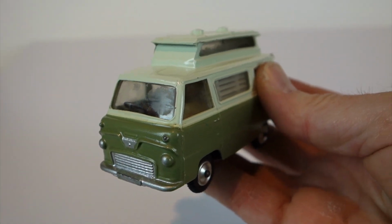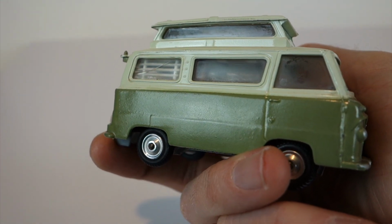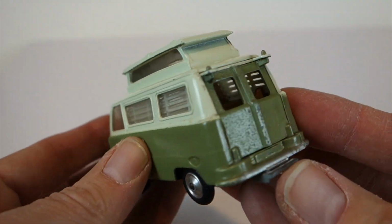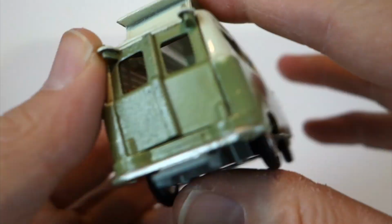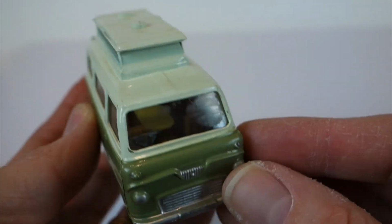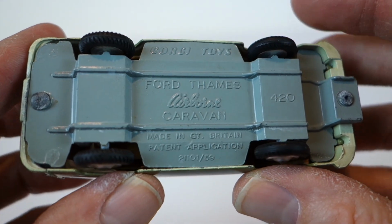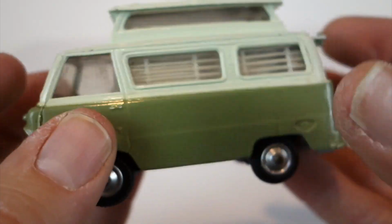this is the Ford Thames Airborne Caravan. I got this off of eBay just this year in February. It's in excellent condition. There's very few scrapes on there. The doors open in the back, if I can get them to open, but they do open. Little stuck, but they do open. So it's actually pretty cool little van. It's got a little smudge in the window here. And let me get this right side up. So that's the Ford Thames Airborne Caravan, and that number is 420-A2. Now I paid